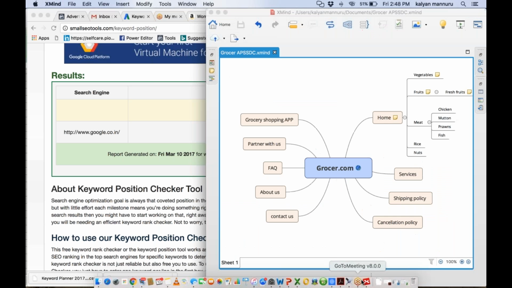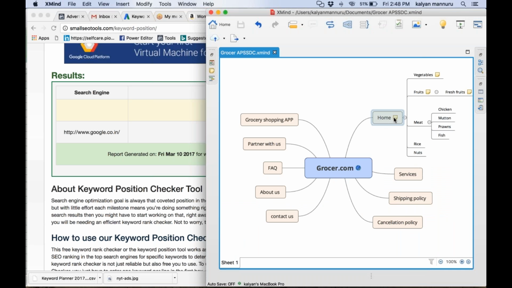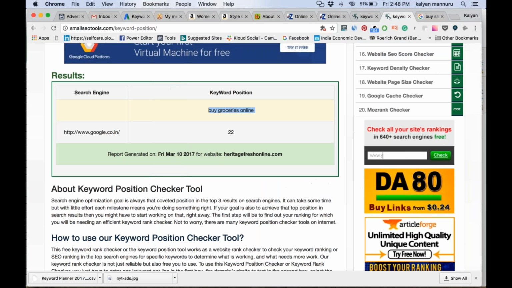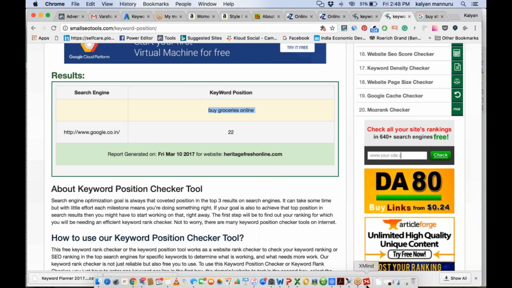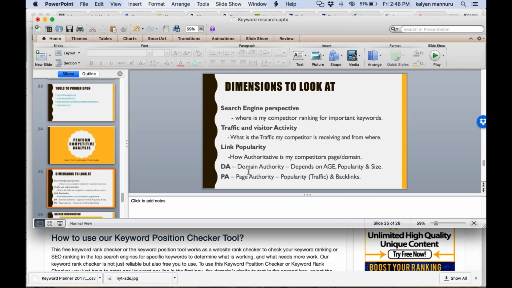Hopefully you understand this, because there are multiple keywords. I searched for the homepage right now, buy grocery online, he is on 22nd position. However, for buy vegetables online, he might be on a different position, and for buy chicken online, he might be on a different position. Now this fluctuation, these different positions, happen based on your DA and PA, that is domain authority and page authority that I was talking about. What is the score for your domain and